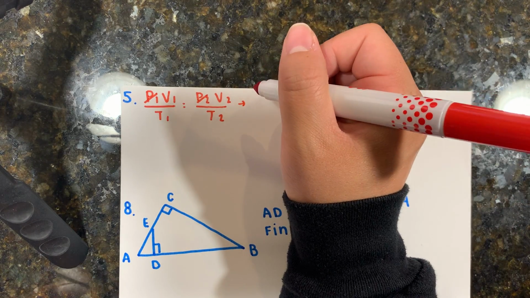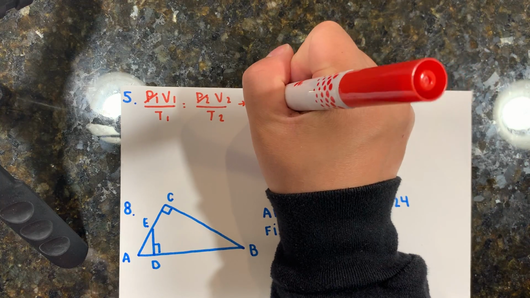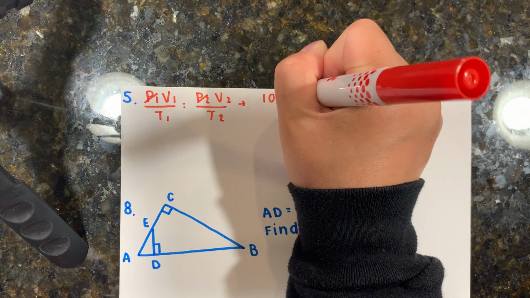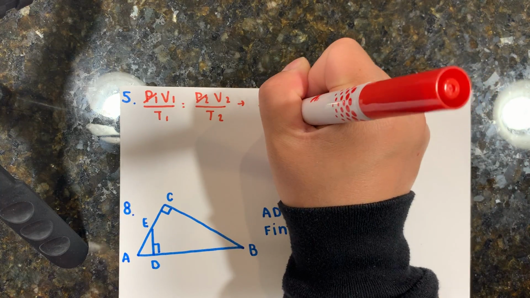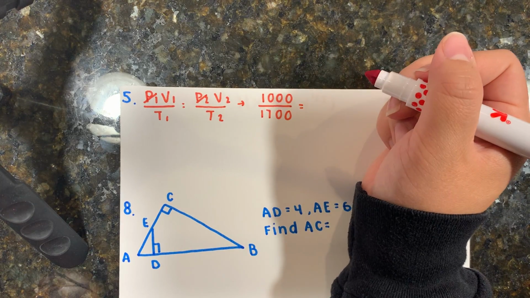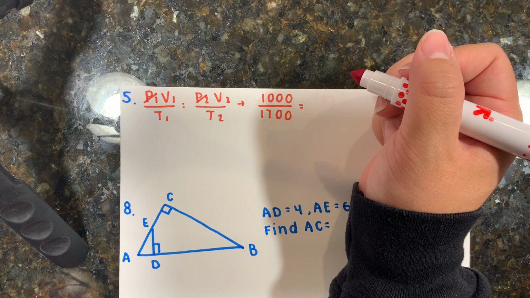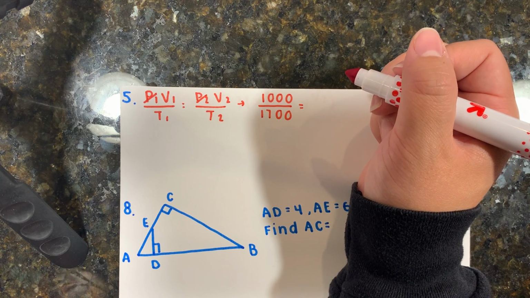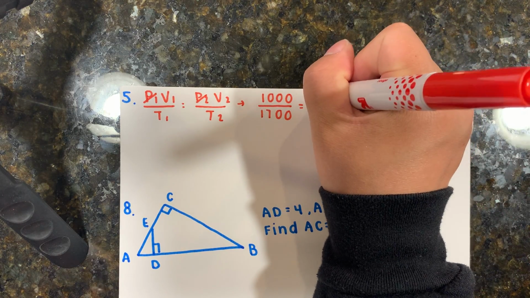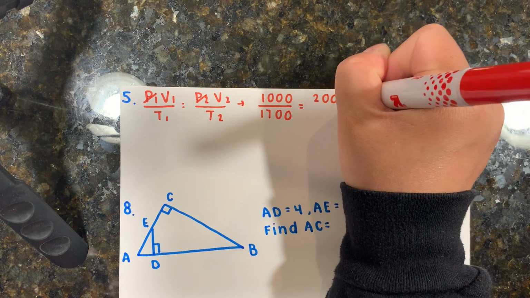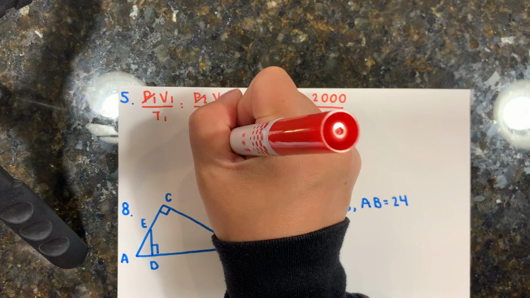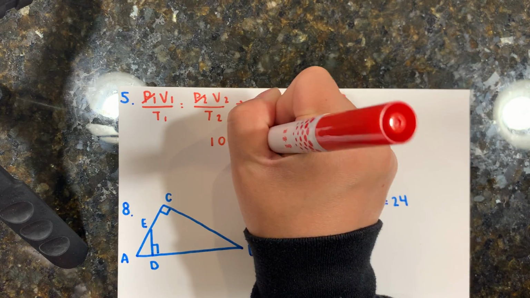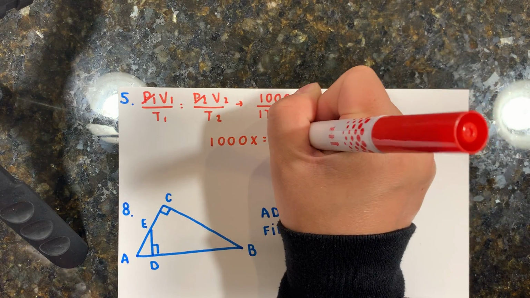So the initial volume is 1,000 and the initial temperature was 1,700. Then we're trying to find the final temperature if the volume was increased to 2,000. So 2,000, and then I'm trying to solve for x. So it'll be 1,000 x is equal to 2,000